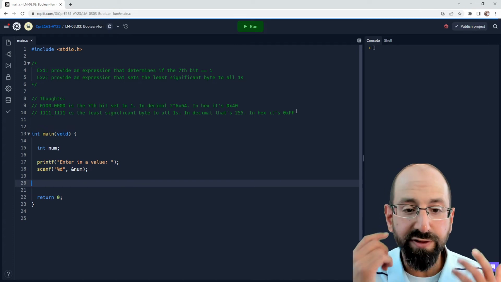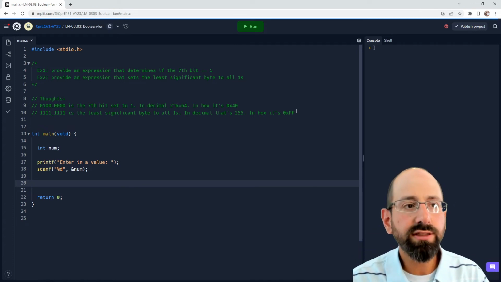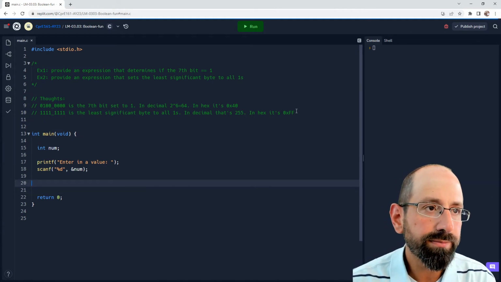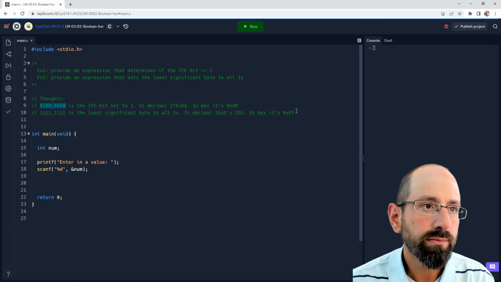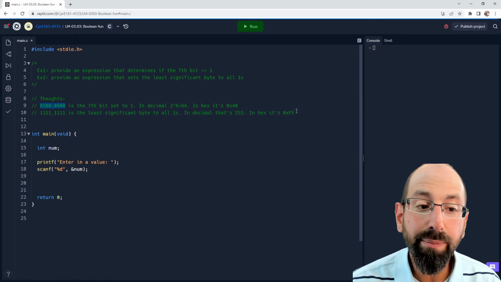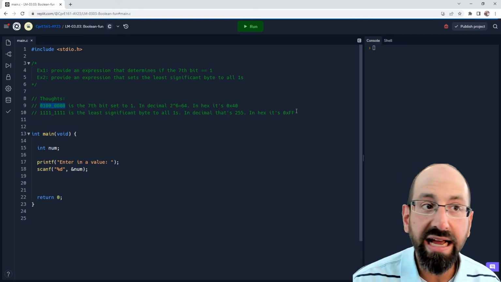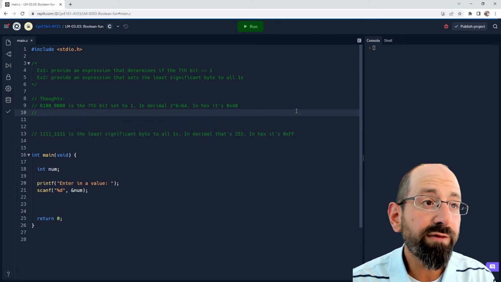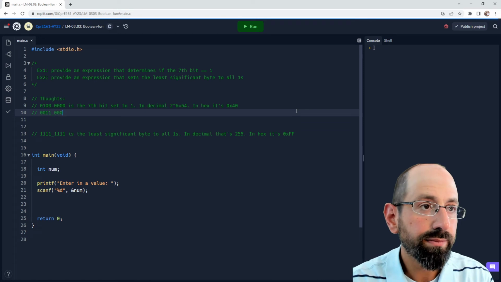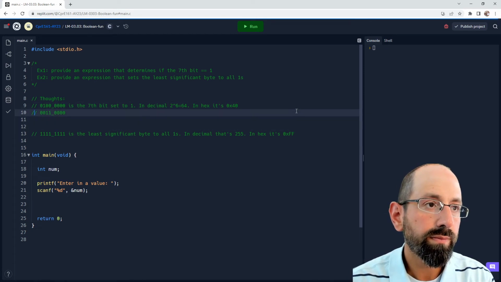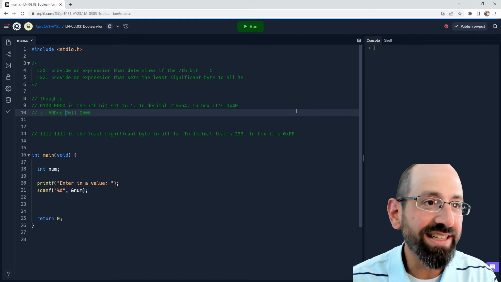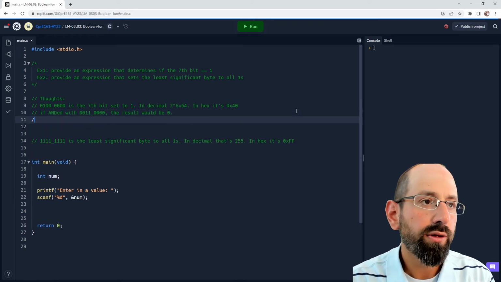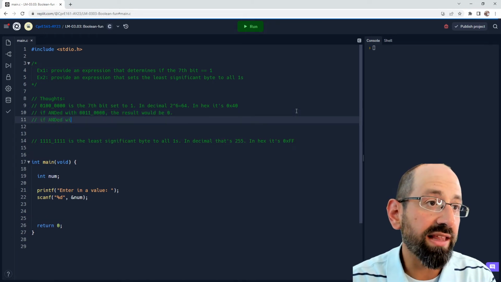We're going to check to see if the 7th bit is equal to 1. Well, it's our if statement. What would we want to check with our if statement? If the 7th bit is equal to 1, then when we do an AND operation with that value, the result should be non-zero, right? If I took that value and ANDed it with something like this, the result would be 0. But if instead I ANDed with something that had something there,